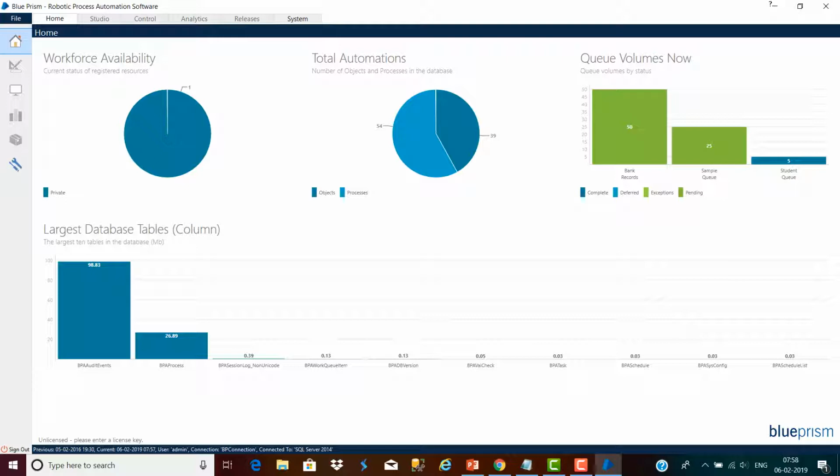And what does Control mean? Once our major work is available in the Studio, it can be published into the Control Room. All the work can be controlled in the Control Room: available resources, available processes, work queues and all the items. In our videos we can learn more about these tabs and the internal things available under them. And Analytics is similar to